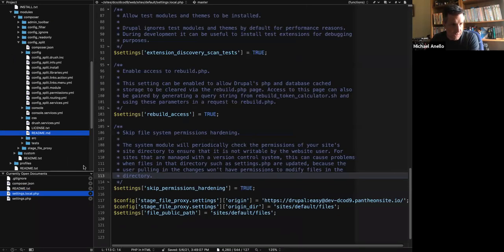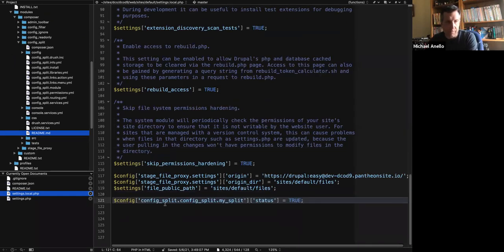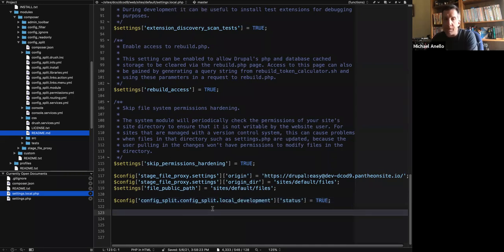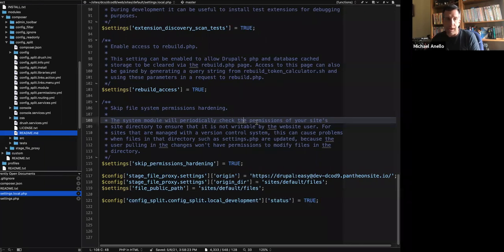So I will put this in. I'll show that. I'm going to go into my local, this is settings.local. And I'm going to come in here and say config split, my split, local development status true. This is basically setting this split active. And I'm doing it in settings.local, so it's only going to be active in my local. This file, settings.local, does not go up to Pantheon. And we set the split to be inactive, so it's going to be inactive everywhere except where this line is read, and this line is only going to be read on local. So now if we come over here